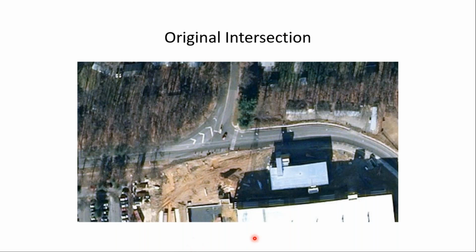And what was going on, and you can see it in this image, is the university is constructing a large parking structure. We can see a little bit of that here. And what's going to happen, and what did happen, is the exit roadway from that parking structure was going to come out here where my cursor is moving. And as part of that project, and this was obviously a joint effort between the city and the university, they are going to remove this road. This road will no longer exist, but it will still be a T intersection, but now the stem of the T will be down here.